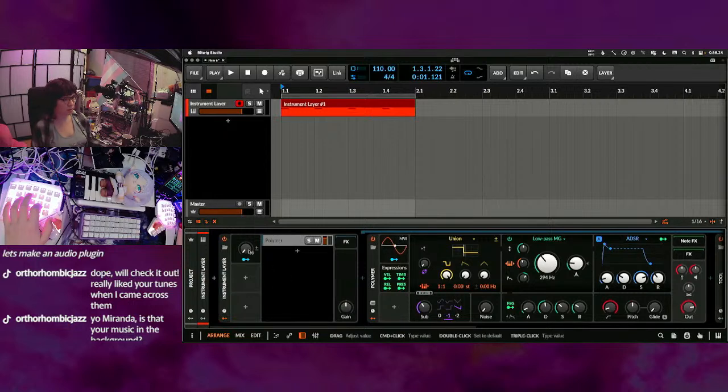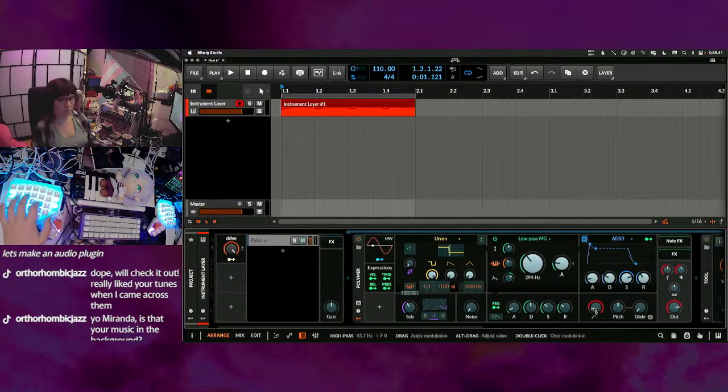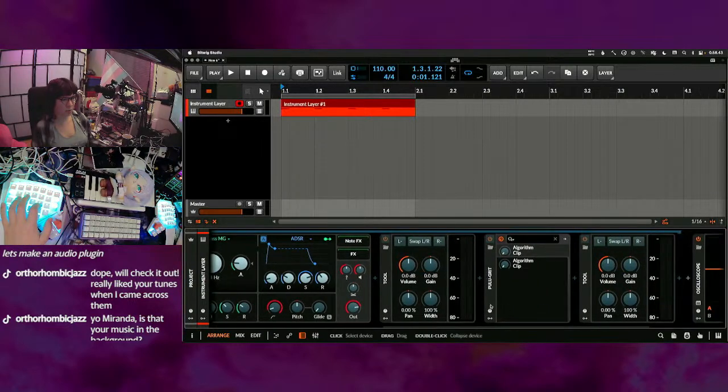And let's call this drive, for example, because that makes it easier to try this out without having to